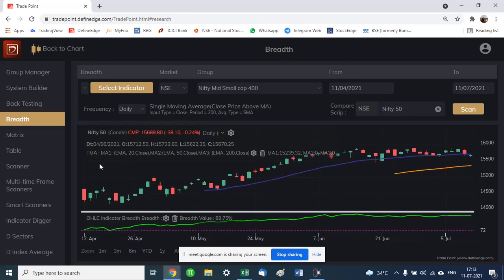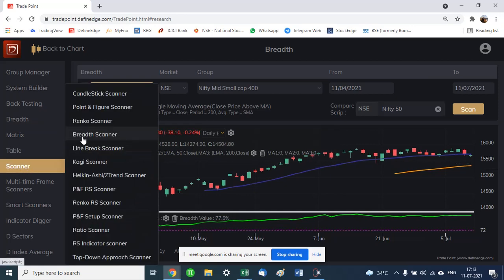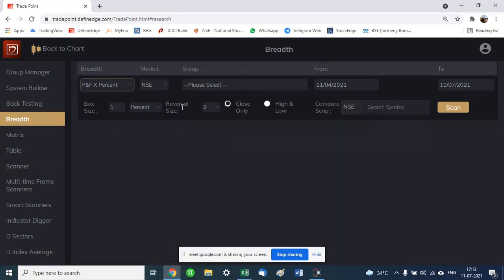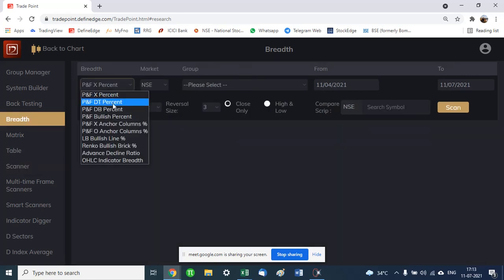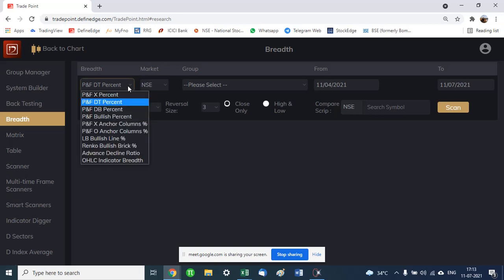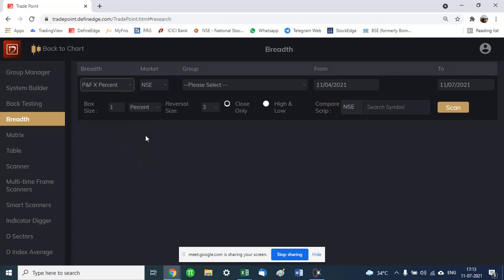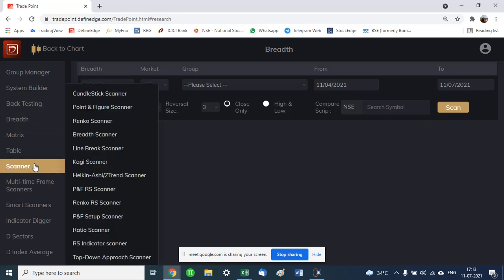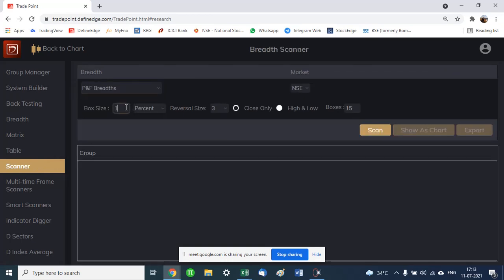The other thing I like doing about breadth is, I go to scanner. So this was from the function called breadth, what we did all this. And you can also run breadth scanners on double top percent, how many stocks are in point and figure double top buy right now, how many stocks are in X percent, so they are trading in a column of X. All those scans you can run here. The other breadth scanner that I found useful is, when we go to scanner, there is something called breadth scanner. Now here, let's say we do 0.25%, and we scan.